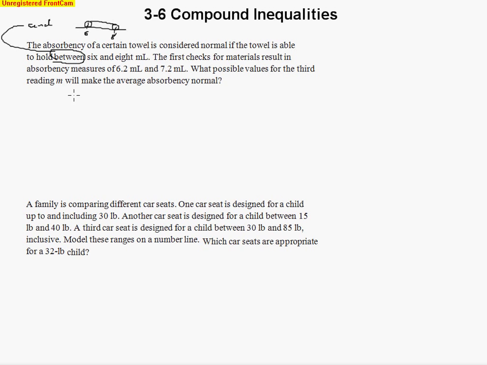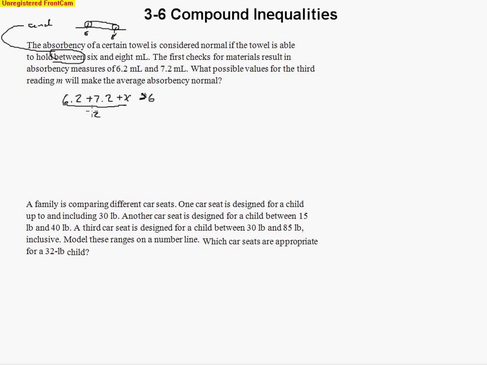So let's go ahead, and we see the first two measurements are 6.2 and 7.2, and they're going to do a third one. So let's find the lower end of it. So we want to add x. We're not sure what that number is yet, but we want it to be greater than 6 when we find that average, because they're asking what if we find the average of these